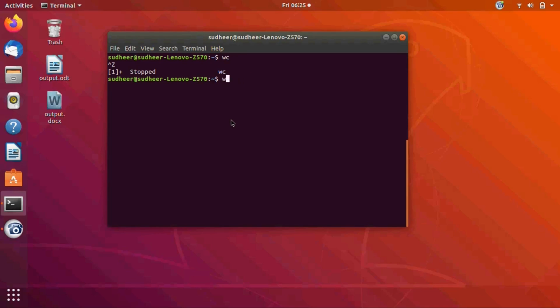First example, the default destination, that is a terminal.